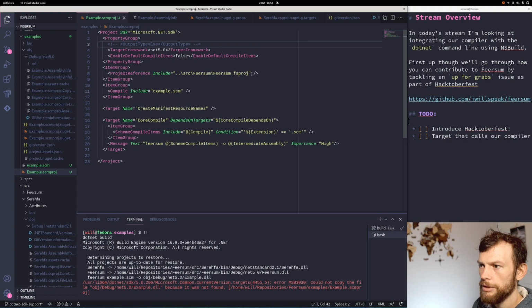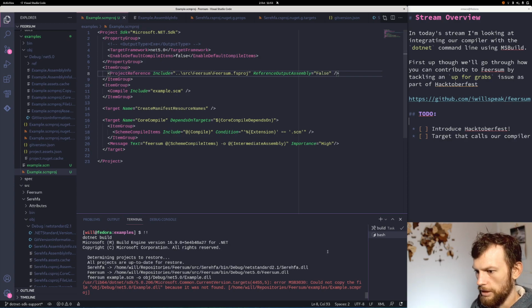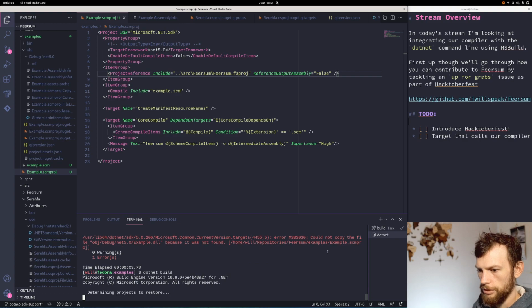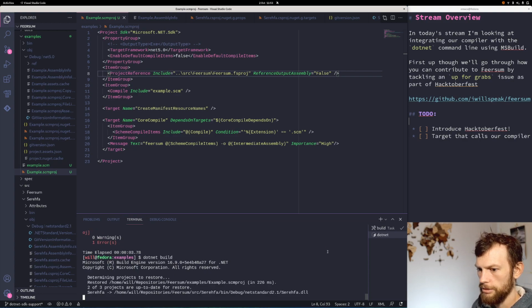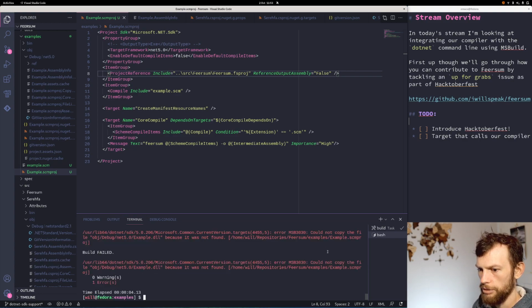So yeah, I think we want reference output assembly to be false here. Then we don't end up trying to compile a reference the compiler, but it makes sure that the compiler is built first. And then I think we might just hack this for the time being